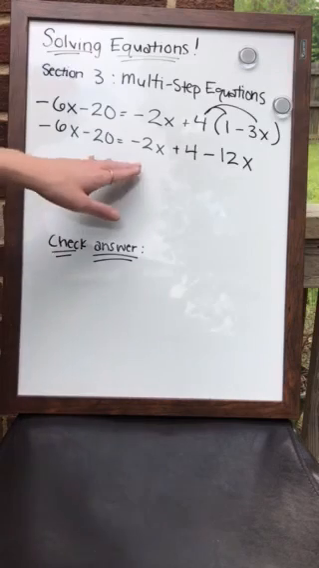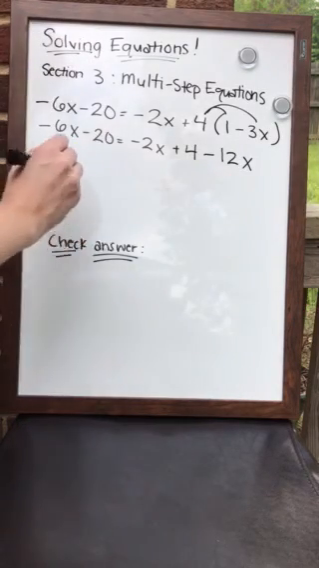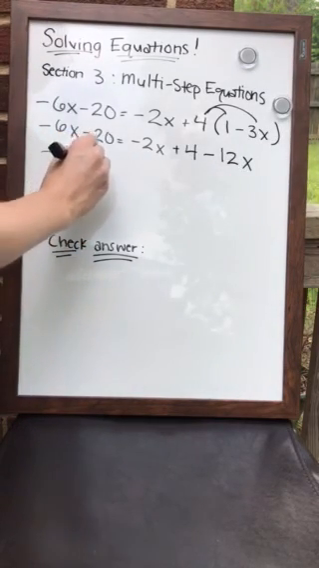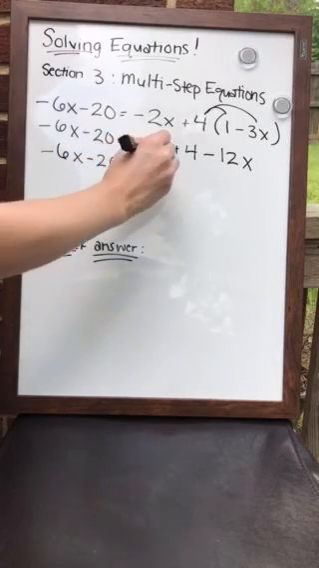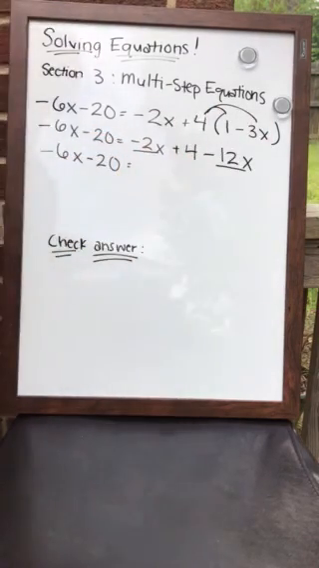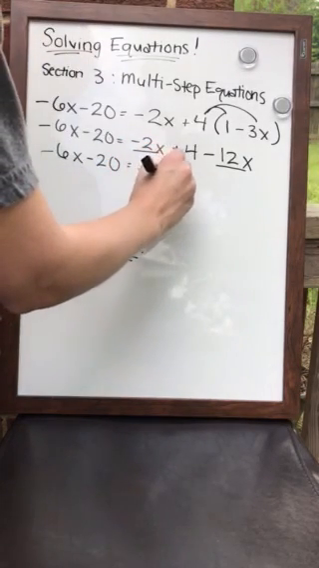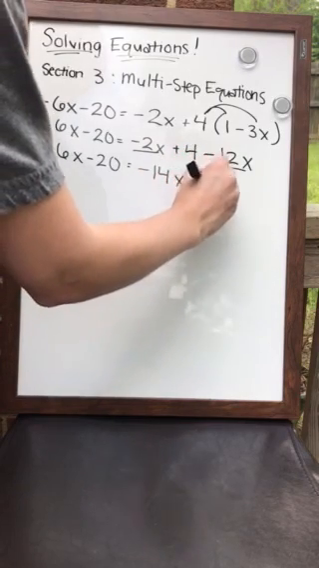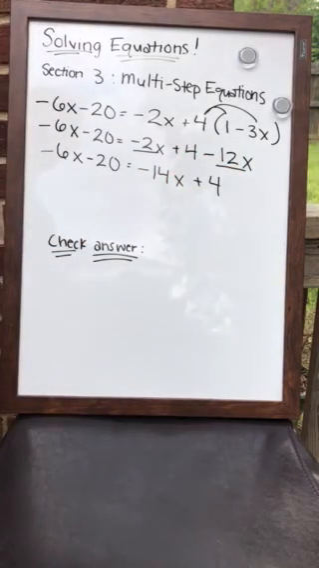Now I want to combine any like terms I have on this side of the equal sign. So this side stays the same. And then notice that both of these have an x, so I'm going to combine them. Negative 2x minus 12x is going to give us a negative 14x. We bring down the plus 4. Now that both sides cannot be simplified any further, I can start moving things from one side of the equal